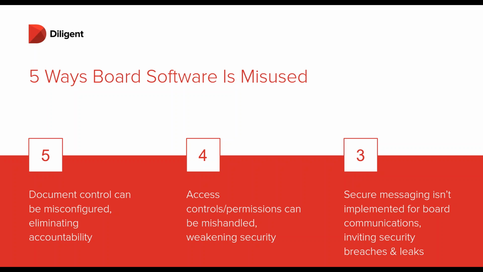And what we've seen happen, and Joe will certainly provide some additional detail on this, is that those decisions might be made early on in the implementation of the software, and then maybe not reviewed regularly enough to make sure that they're still appropriate. And so that's something that really can go badly. And also, if those controls are not applied correctly, it can have an impact on accountability. So for example, whether or not a director is allowed to download and print things can have a real implication on how secure that information is. So that's certainly a biggie.